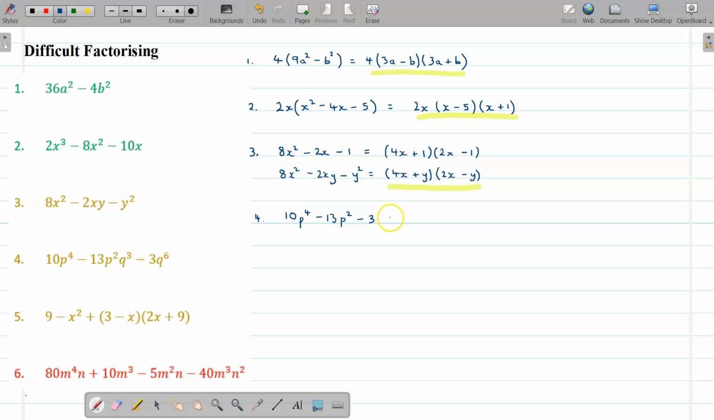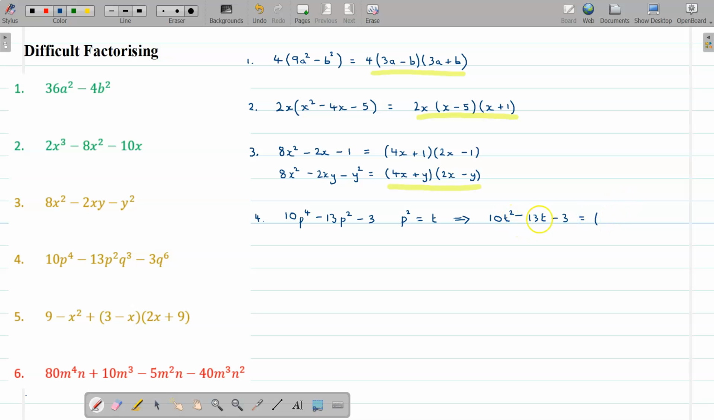Now we could even take that a little bit further and just imagine that we substitute p squared equal t, for example. Then we could see that this is a quadratic in t because it's 10t squared, minus 13t, plus minus 3, and then we could factorize it in the normal way, and that would give us